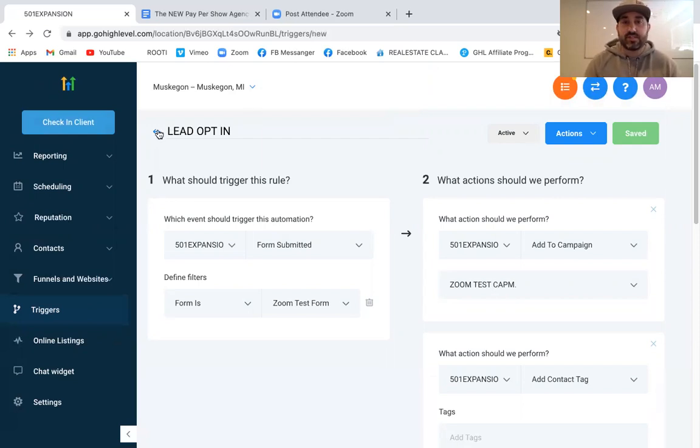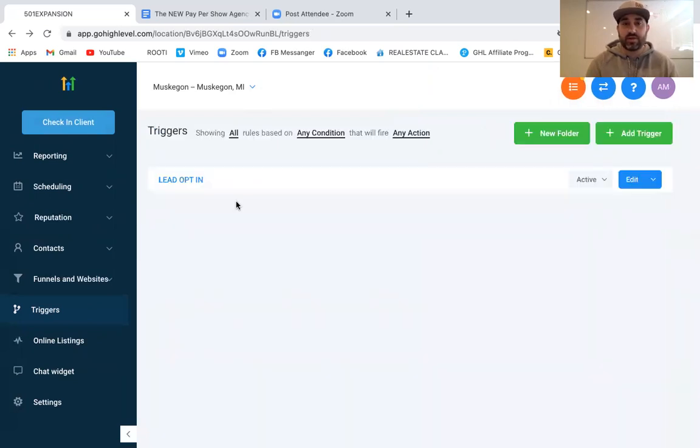So that is the very first trigger. That trigger is going to be one of the most used triggers that you use. Okay, next trigger